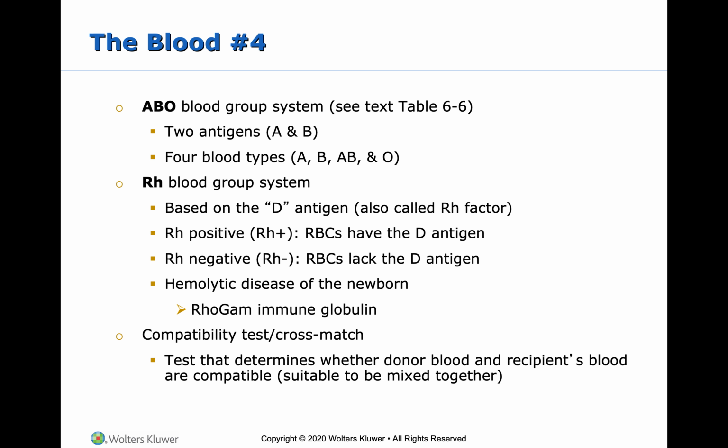Okay, and then once we do a blood type on a patient, so if a patient needs a blood transfusion, they're first going to do a blood type. They're going to figure out the patient's blood type, and then they're going to do what's called a compatibility test or cross match. So this is where they take the donor's blood, so from the transfusion bag, as well as the patient's blood. They mix it together to determine if they are compatible or suited to be mixed together, because